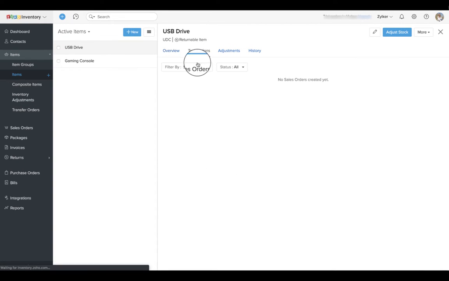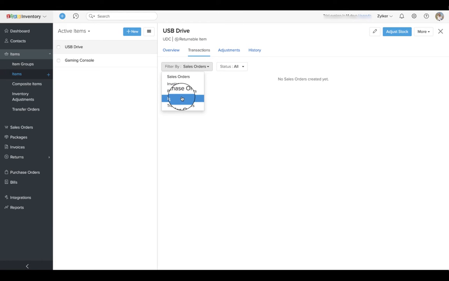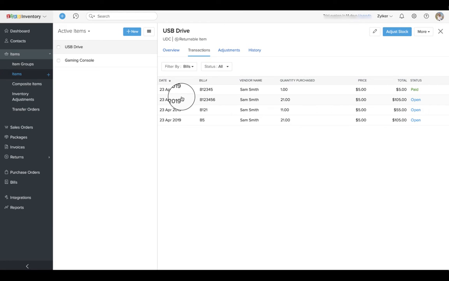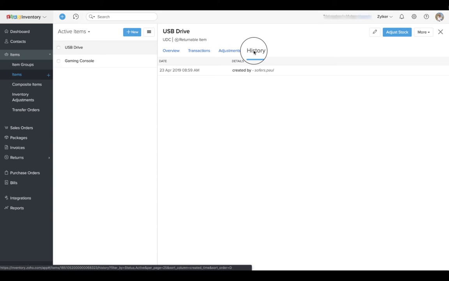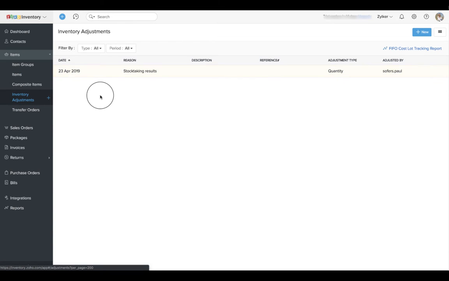The Transaction tab helps you find the transactions in which the particular item was involved, while the history of updates done to the item will be found under the History tab. The next functionality, Item Adjustments, allows you to manually change your stock levels without the need of any supporting transactional